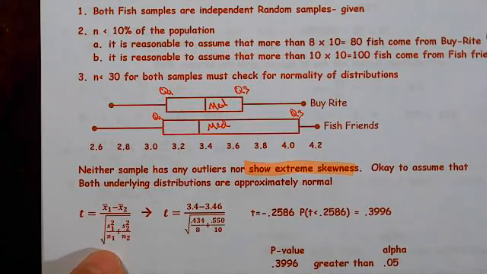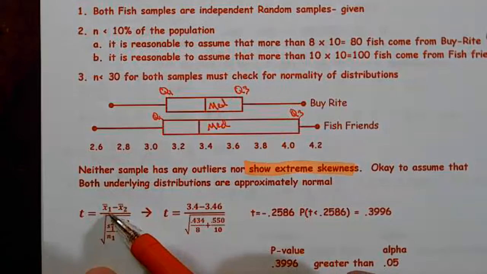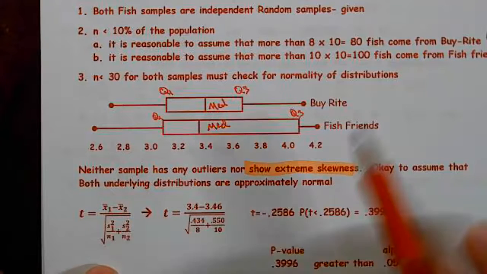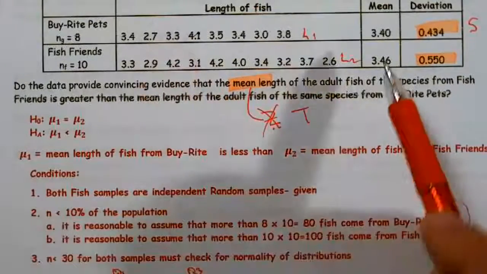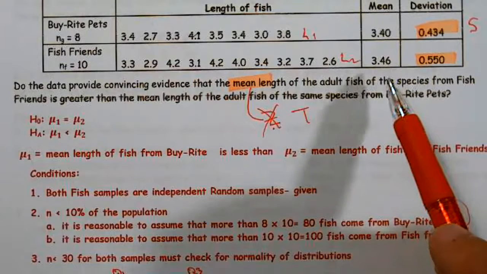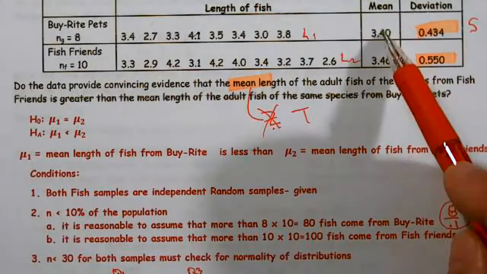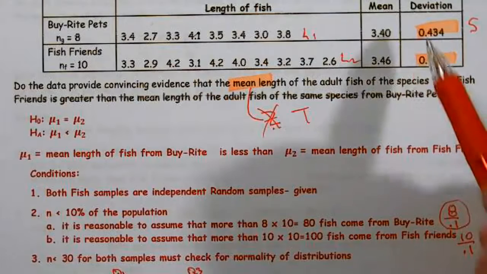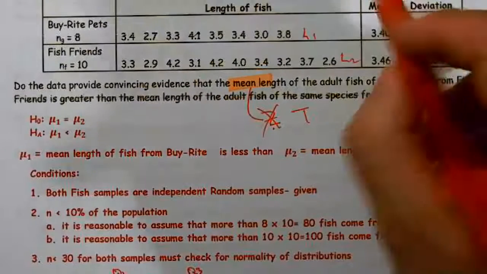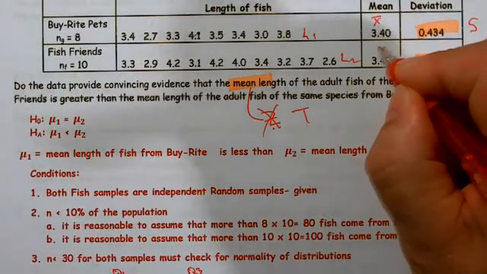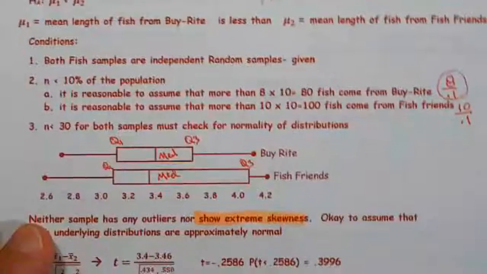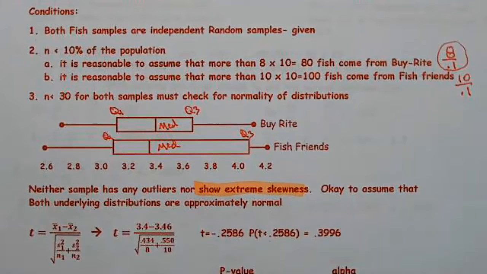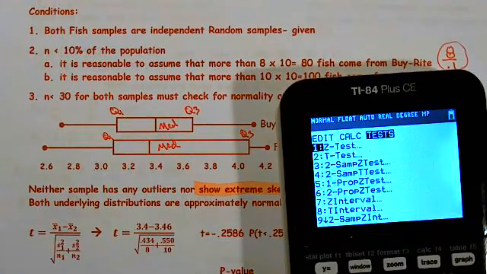So then I write down my formula, and this is for sample 1, Bi-Rite, and sample 2, Fish Friends, their standard deviation for each one. I plugged in, and by the way, I could have used the data, but in the event that I input it incorrectly, I'm choosing to use what they gave me. So they gave me the X bar for Bi-Rite, they gave me the X bar for Fish Friends, and that's what I'm going to use to plug in as opposed to the actual data, although the calculator would permit you to use the data. So when I do that, I'm going to go stat test,